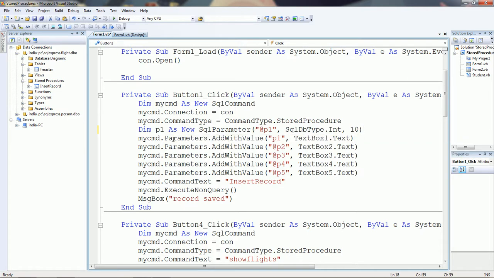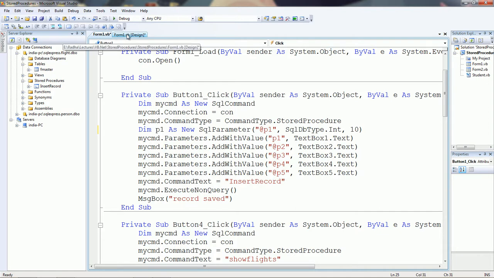After that, register the other parameters with command dot parameters dot add with value. Within p1 we want to store the value of text box 1, p2 the value of text box 2, text box 3, text box 4, text box 5, and simply call the procedure insert record, because the name of the procedure is insert record. Then simply execute non query, and show the message record saved.